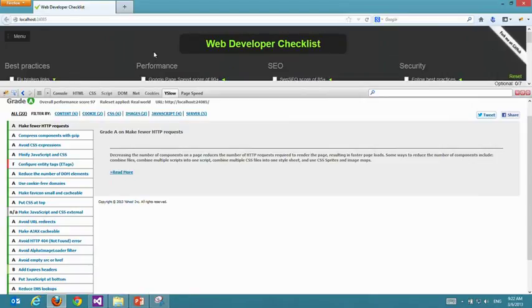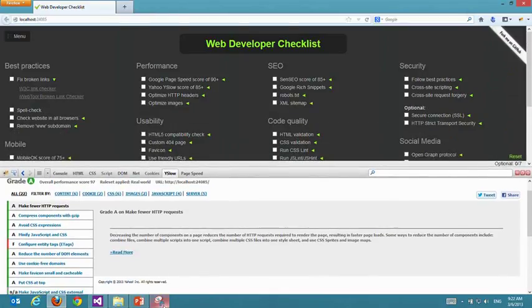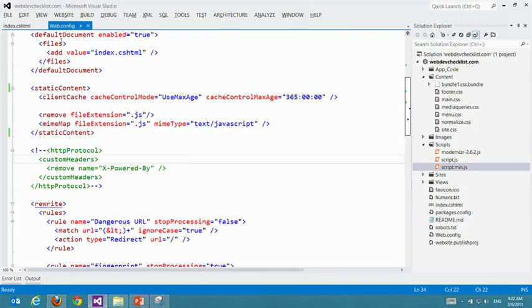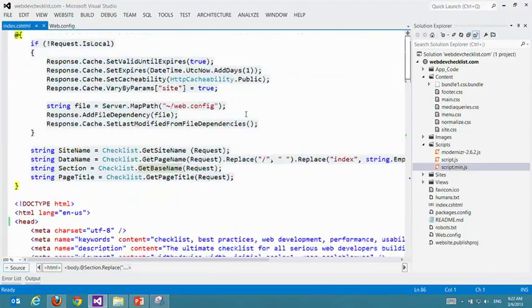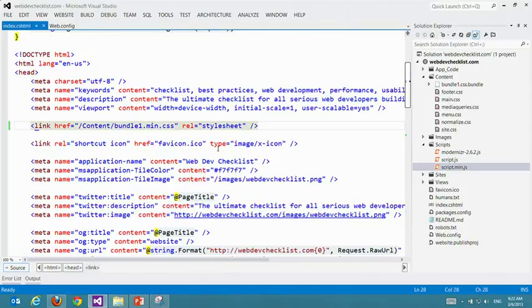So we need to do something that is called cache busting. We need to kind of trick the browser into downloading our new version of our JavaScript, even though it has cached it for a year. There's only one way that can be done. So let's take a look at that. Let's go back here. So there's only one way we can do that, and that is if we change the URL of our JavaScript and CSS files or images to change every time the document changes, every time the JavaScript changes. So in this case, we want to make sure that our CSS file is being updated,